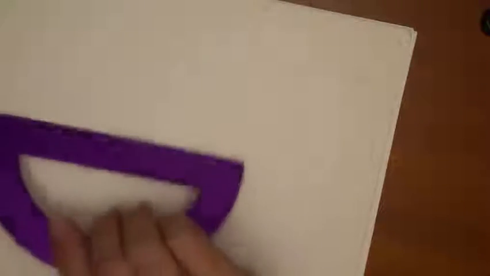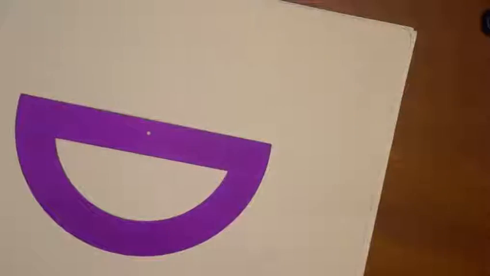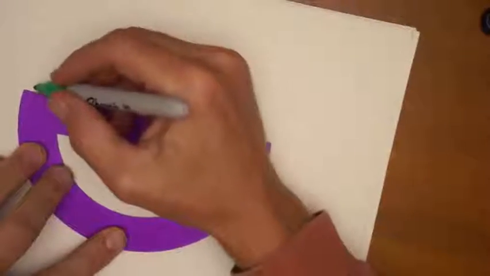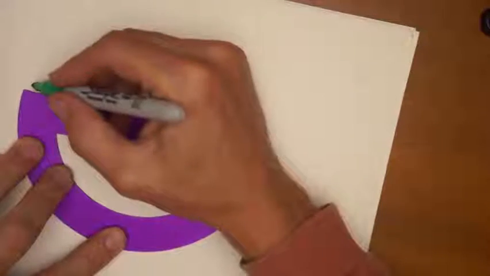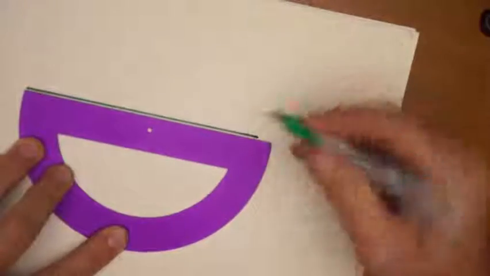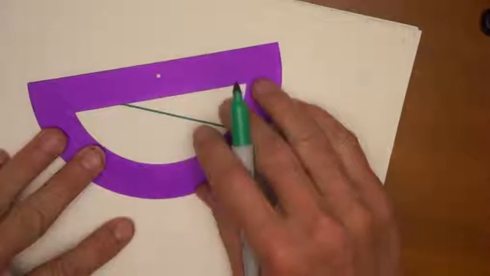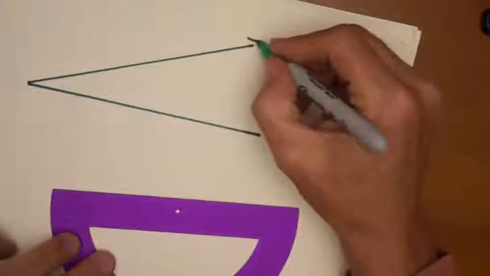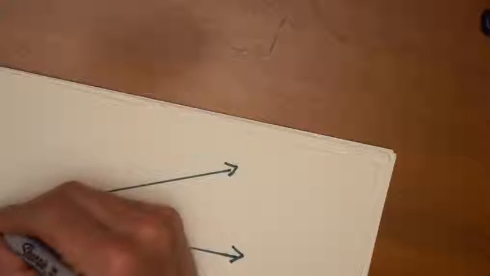The next construction that I'd like to do is constructing congruent angles. If you have an angle made up of 2 rays that share an endpoint, creating a vertex, we can call that vertex A. And we want to construct